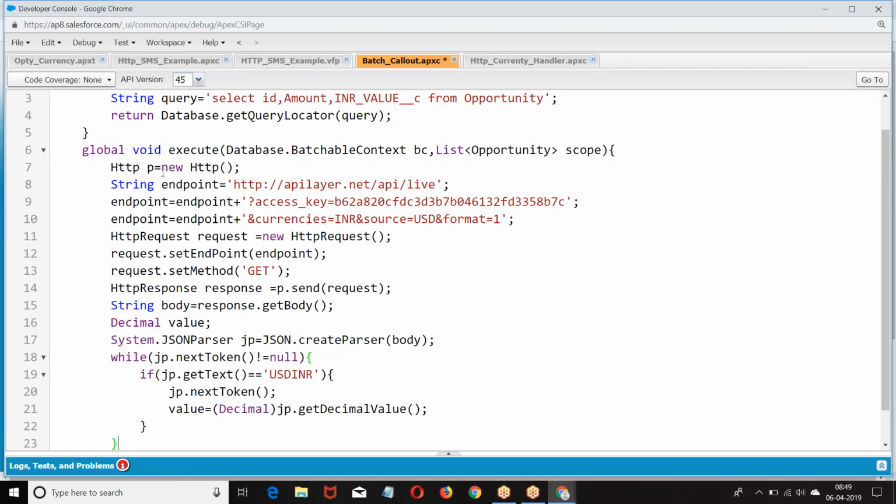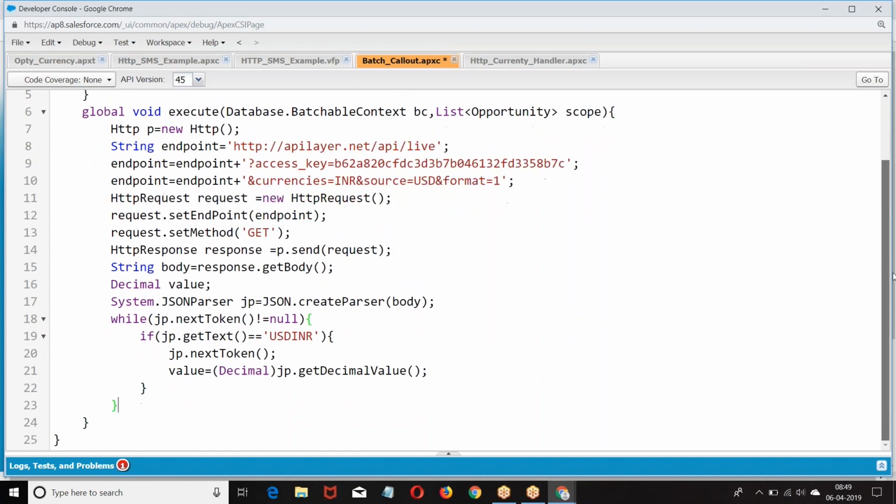What was the code we wrote? HTTP, access key, currency is INR, source USD. We already wrote this code. We know how to send the request and get the INR value. This is what we discussed in the last class. The same code I fetched here. Now what I'm doing